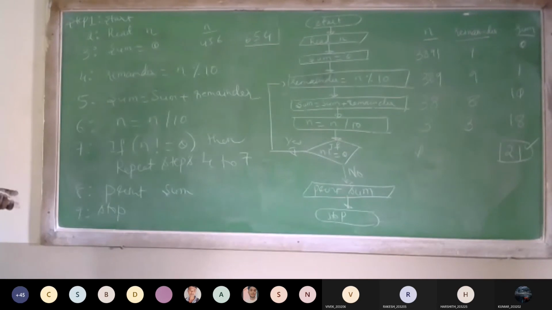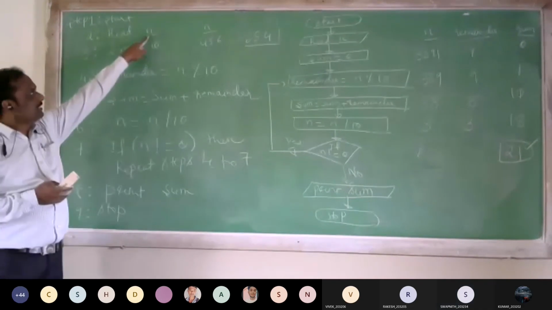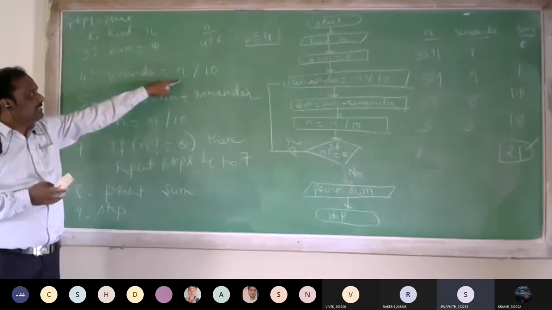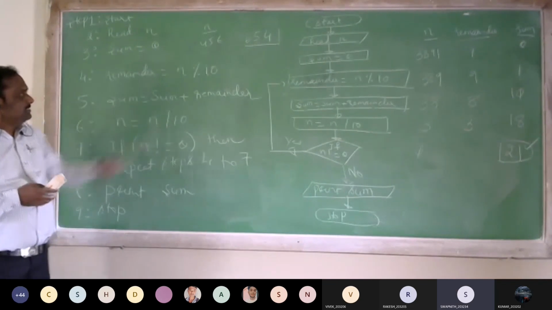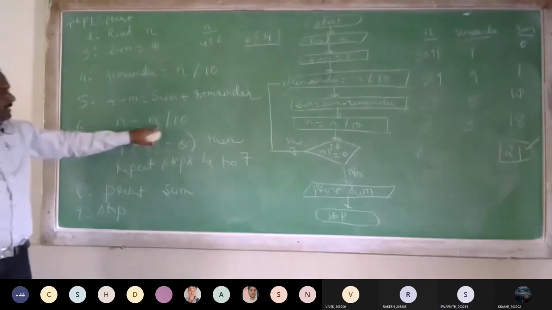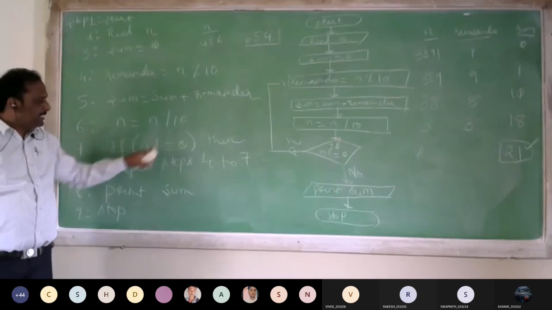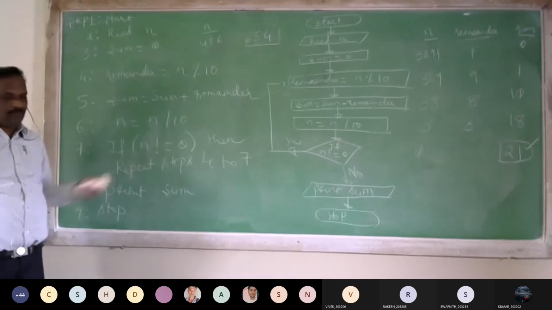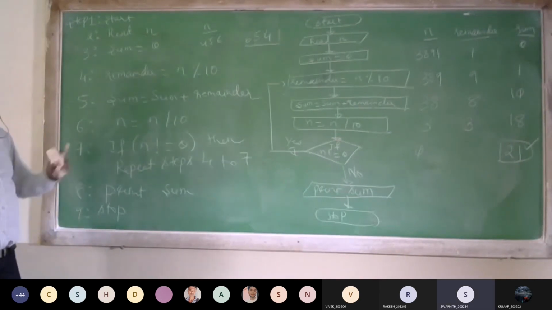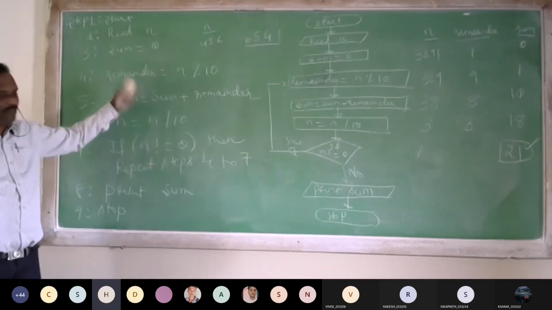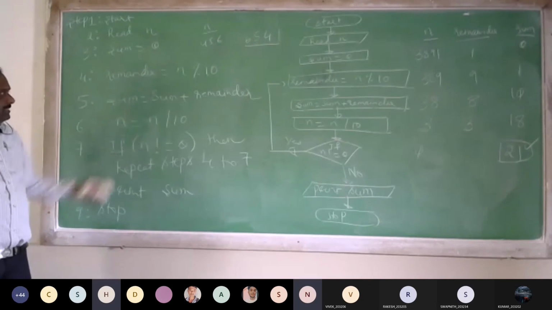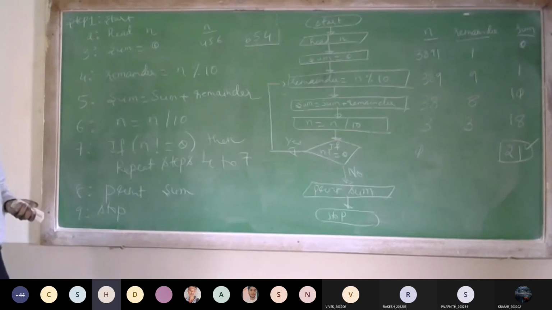N into 100, where? Here, N into 10, sir. N into 10 means it will always be increasing, it will not decrease, right? This condition will never be false. It should stop somewhere. Otherwise, it will be infinite. Sir, if we check the remainder, they are in the reverse form, no, sir. We should write like that.